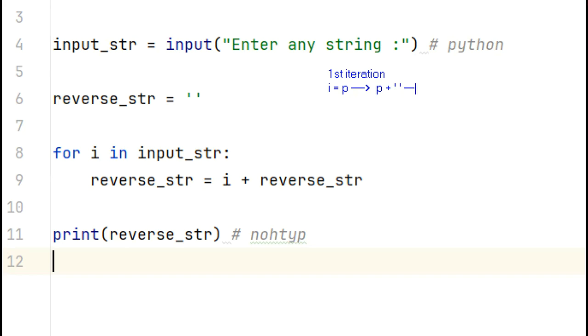Got it? And finally we get a string containing just the letter P. Next, in the second iteration,